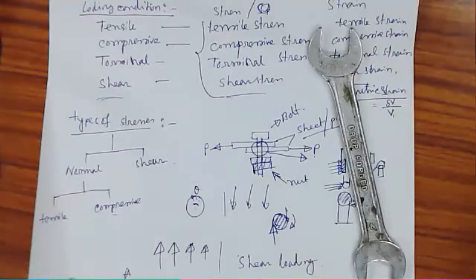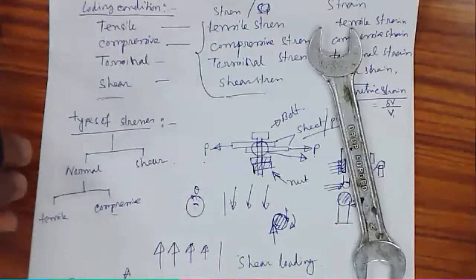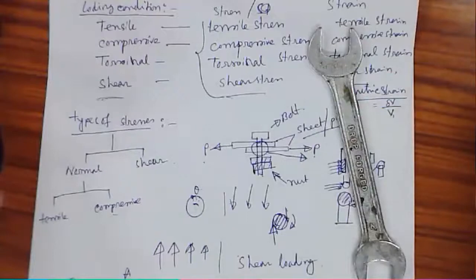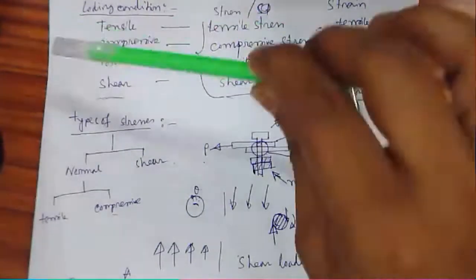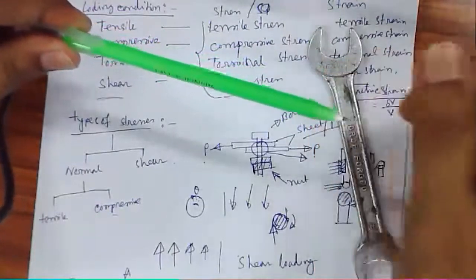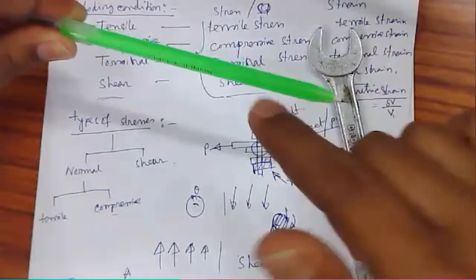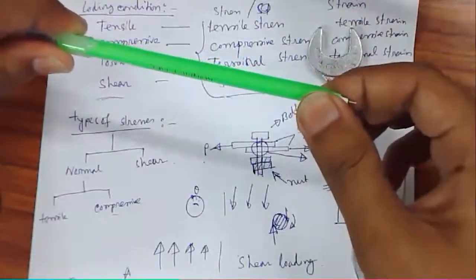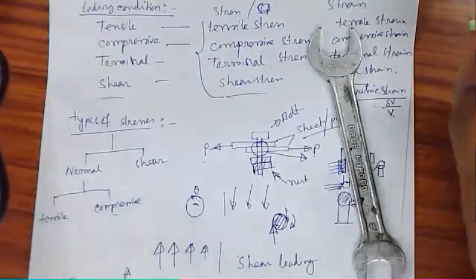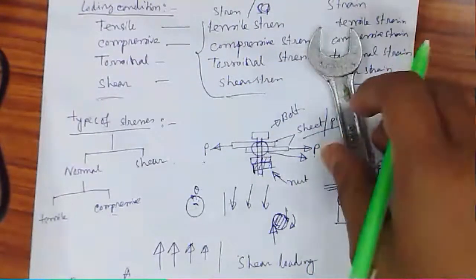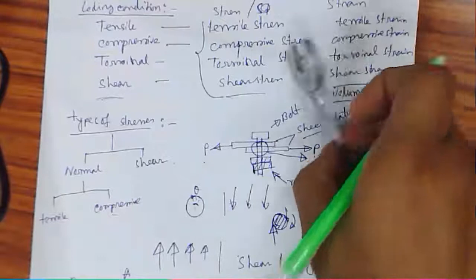In torsion there are more details, and the elaboration on that topic will be in the SSP class, so we will not discuss much here. We will just have an idea. When we twist any material, with one end fixed, like this pen, and the other end we are trying to rotate, the type of stress produced on it is the torsional stress, and the angle it moves through, in radians, is called the torsional strain. Okay, now we will advance to the next topic.